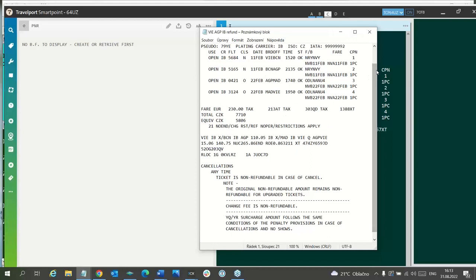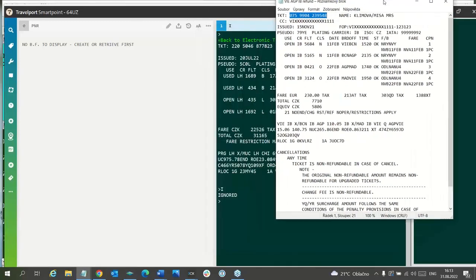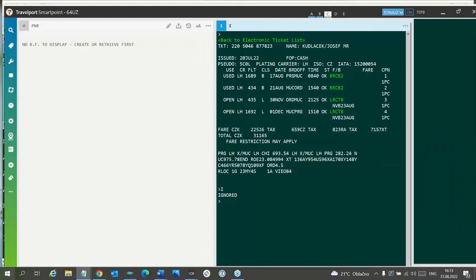The PNR was already cancelled a long time ago, so we have to use the ticket number to open the ticket in TCP. I will copy this ticket number and go to TCP.